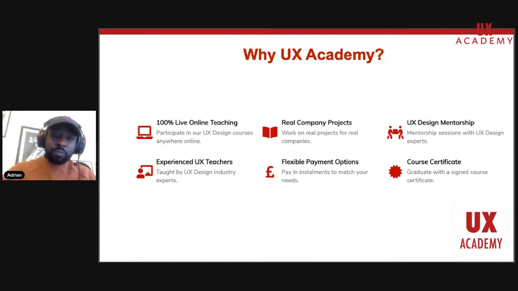But for the voice course, we do focus on hypothetical projects because of the nature of the course. You also have an opportunity to get real life mentorship. So there'll be weekly mentorship. You will be assigned a UX mentor and you'll be assigned into your groups. And each week you will be mentored, which we'll discuss a little bit more later on.